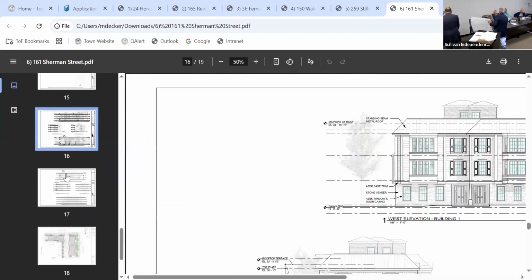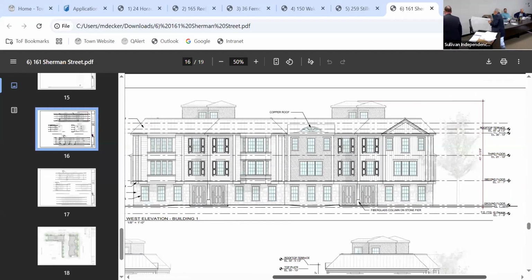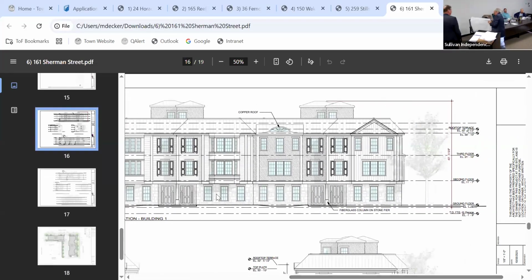So every one of the units, excuse me, Phillips Brown, the architect for the project, designed it so every one of the units has its own door. We tried to make it so there's some individuality to the units, which is why the colors and the materials change as you go across it. This is the one building, the 3-unit building, but both buildings are similar. And then there'll be 4 additional parking spots: two parking garage spaces and then 4 for visitor parking, which is along the interior, which I'll show you on the site plan again.